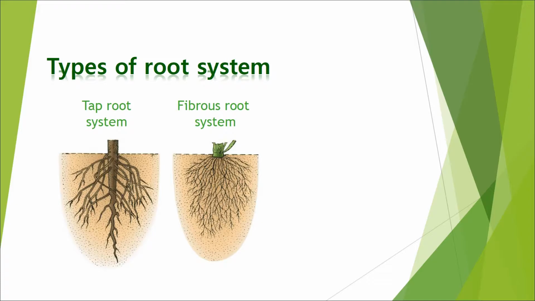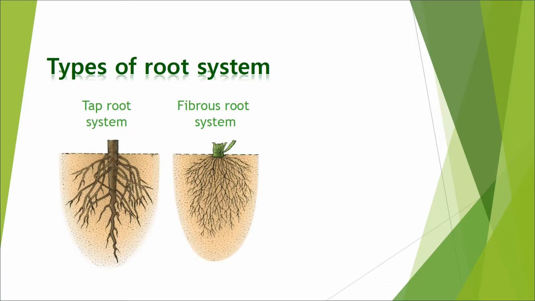The second root system is the fibrous root system. The roots develop from any other part of the plant other than the radicle. Then it is called the adventitious root system or fibrous root system. The roots may develop from the base of the stem or from the nodes or internodes. Example: Piper nigrum. In many monocots, the primary roots of the seedlings are short-lived and are replaced by lateral roots from various regions of the plant body.